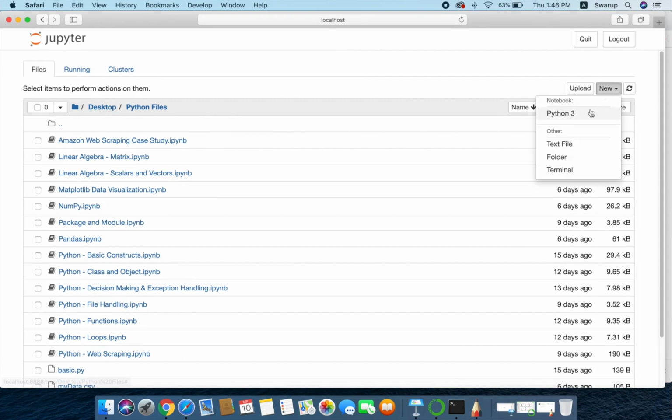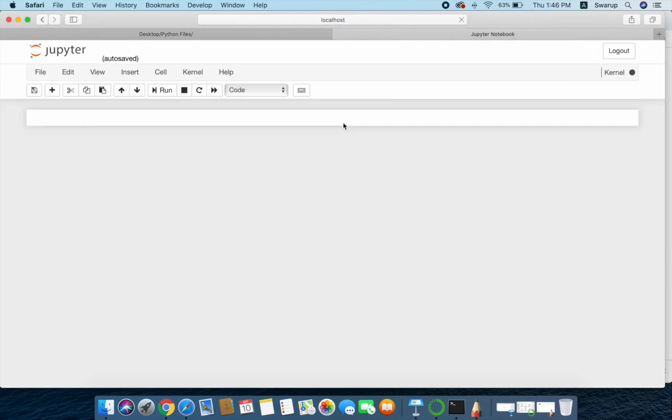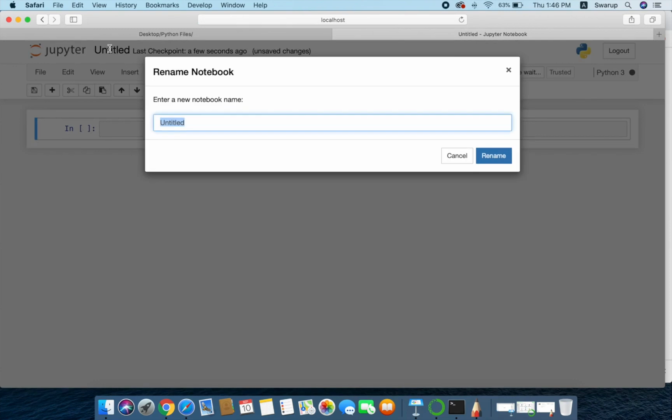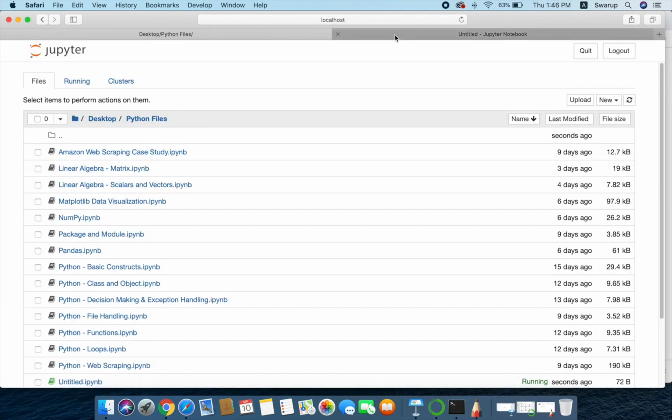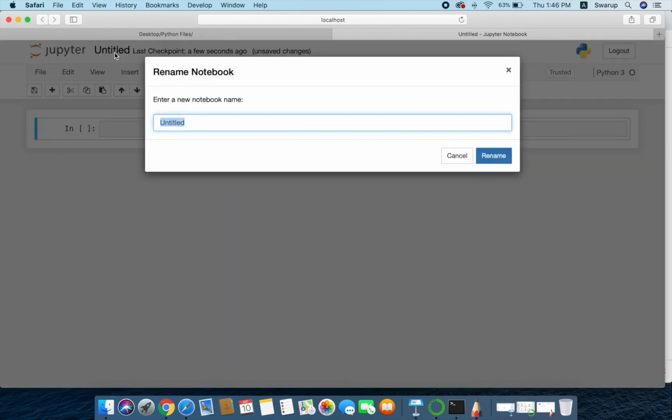Within Python, I'll open up a new Jupyter notebook. Earlier the name we had given was linear algebra, so we'll name it linear algebra here: system of linear equations.